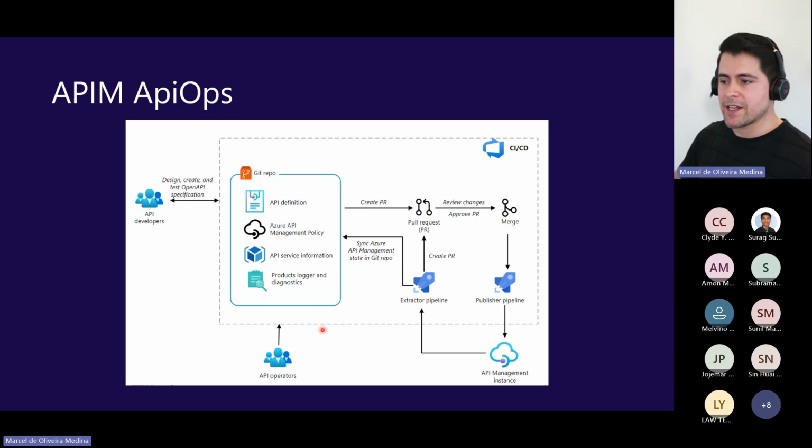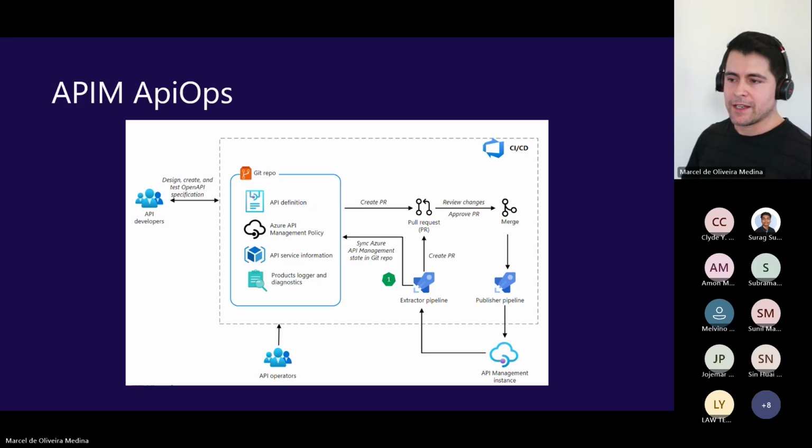And what's interesting here is that we could have API developers working together with API operators, which is basically that DevOps, right? There are some flows in here I'm going to show, just to clarify how things will work, the same for both. It's just where things start, really.